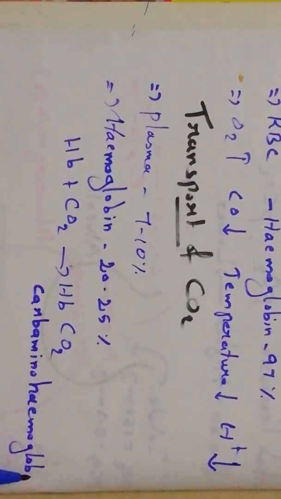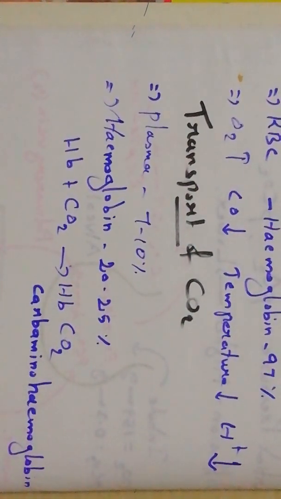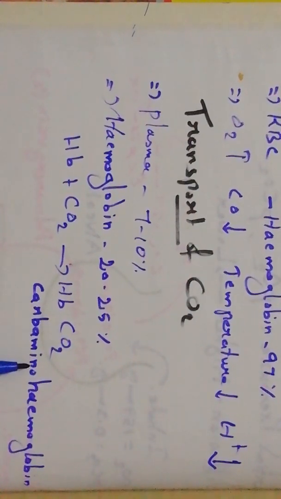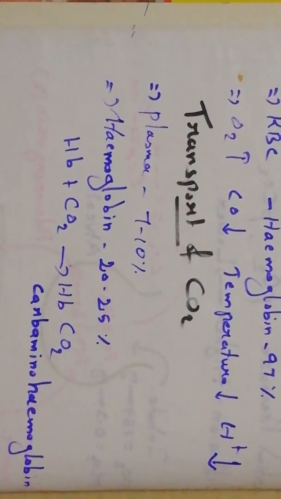Carbaminohemoglobin. So listen, this carbon dioxide will combine with the amino group of hemoglobin. Then it forms carbaminohemoglobin. So through the hemoglobin it will be transported. So there is a second method. And the third method is